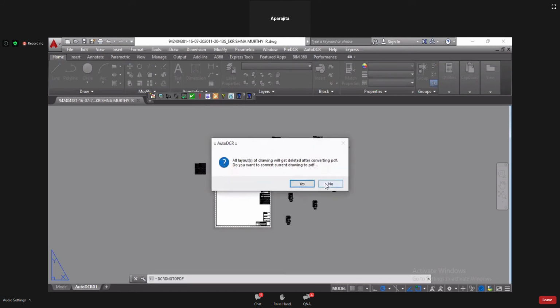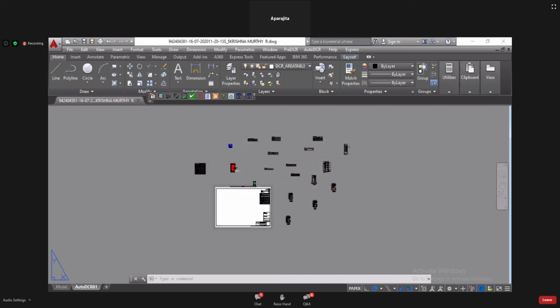Okay. Do you want to convert drawing to PDF? So click on no, because till now we didn't arrange this sheet. After arranging this sheet, you can convert the drawing to PDF.